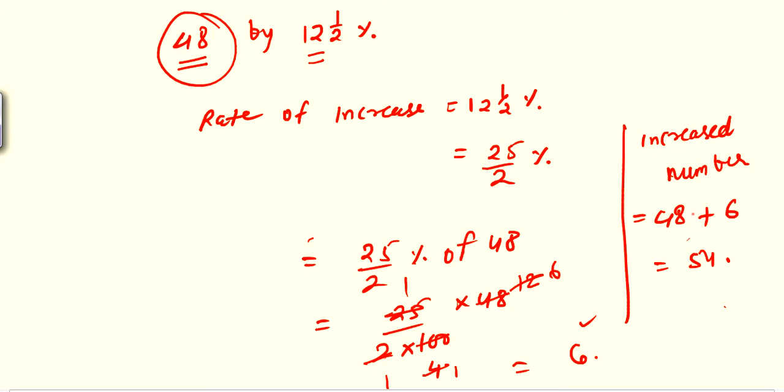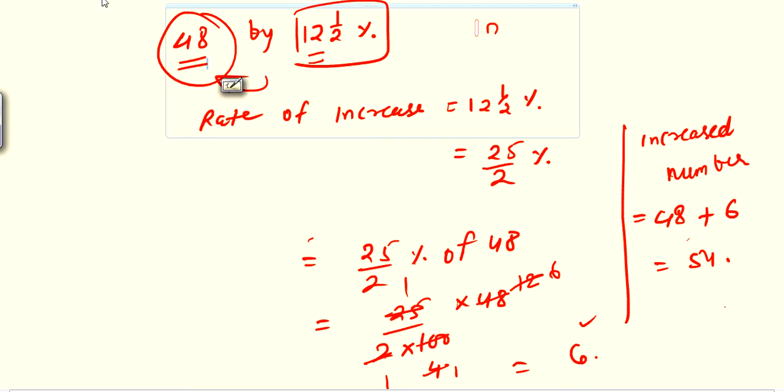Okay, so question number 2 you can solve. When you have a question of increase, first you will find 12 1 by 2% of this 48, then you will add the value to it. Why? Because the question is about increase. Similarly, in decrease you will find the percent first, then you will subtract. First question, question number 3, third question. First, second, third, 3 questions are there, no? I am solving the second one. 300 by 10%.